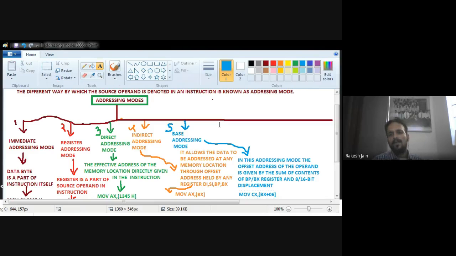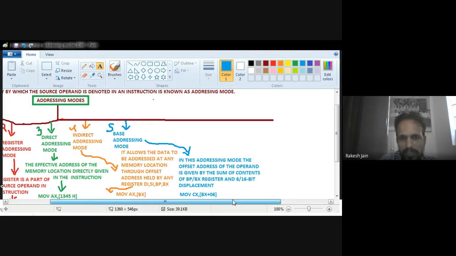This is an example of base addressing mode, because the original value of the BX or BP register will be added to some 8-bit or 16-bit data. The new result will behave as an address, and this is the address of the operand. That's why it is known as base addressing mode.